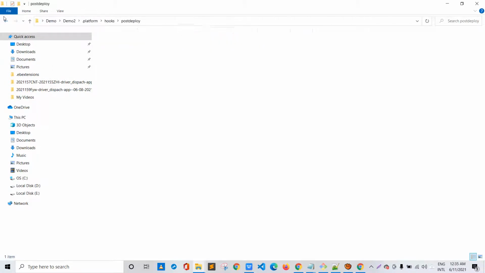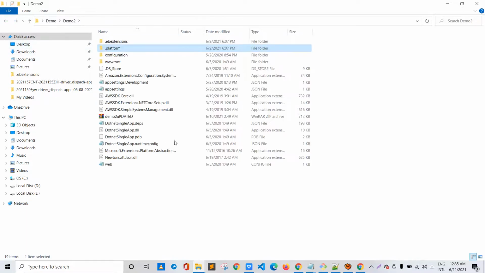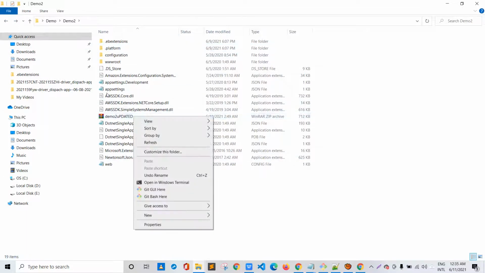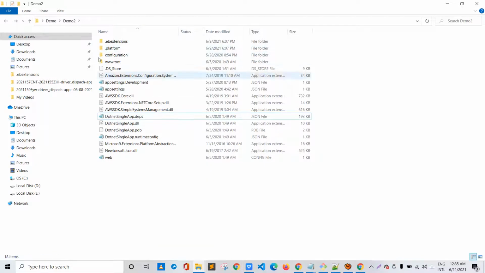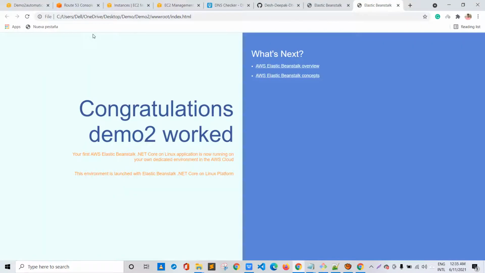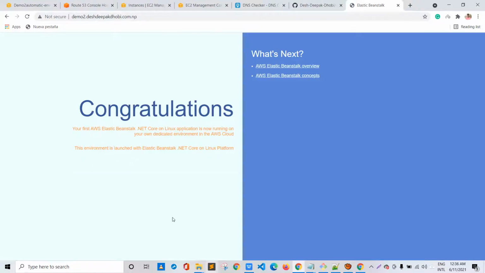Okay, so if I go back to my folder, my folder looks perfect. Let me delete the previous zip file, and let me go to www root and see. Let me change it a little bit.